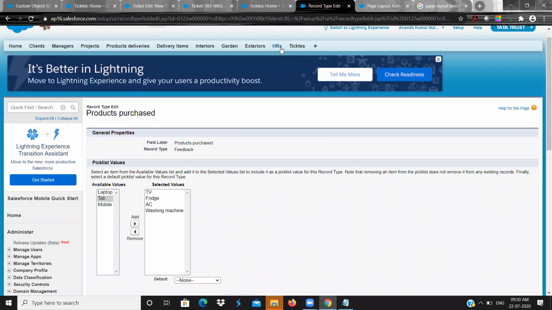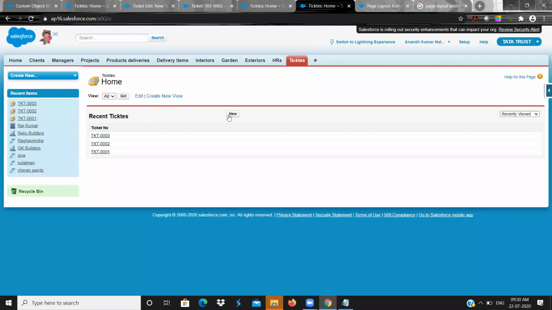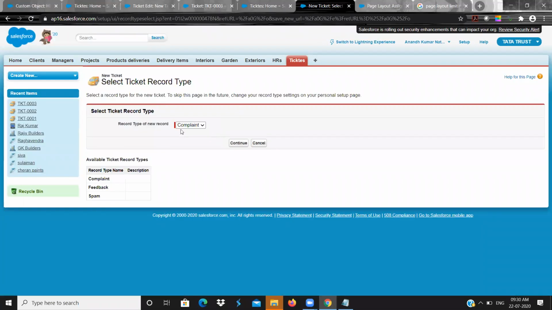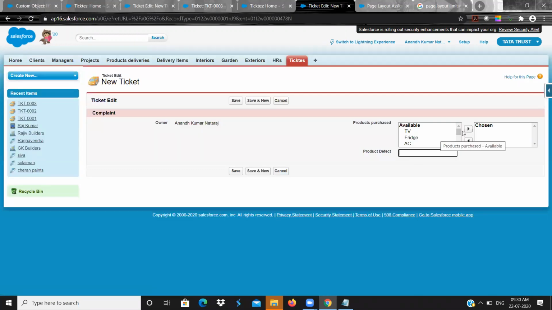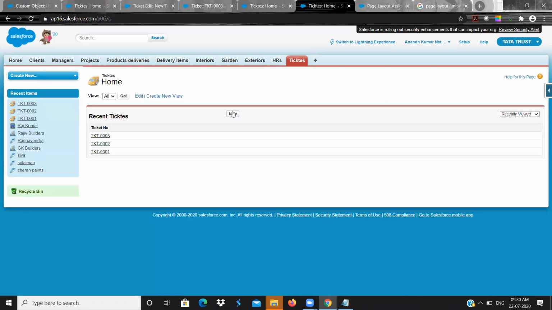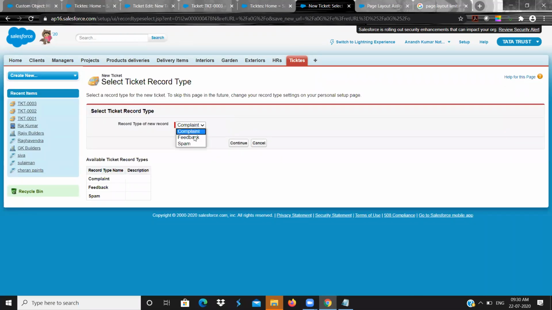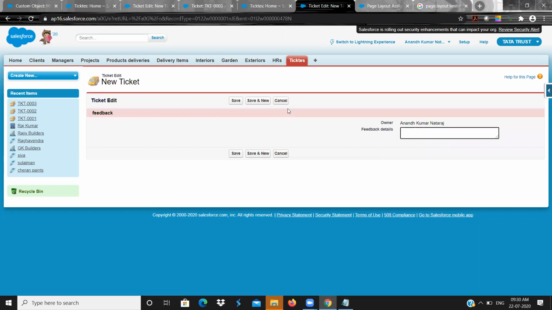Now go to the tickets. Now click on new ticket. If you select complaint and continue, you will see all the products in the complaint record type. But if you click on new and go for feedback and click on continue, that field we need to drag and drop.